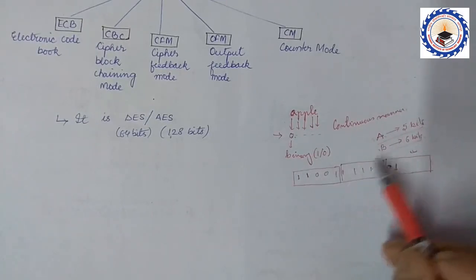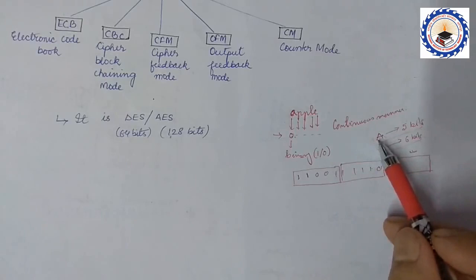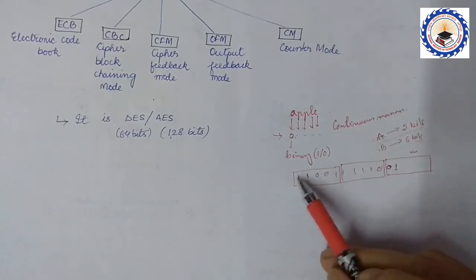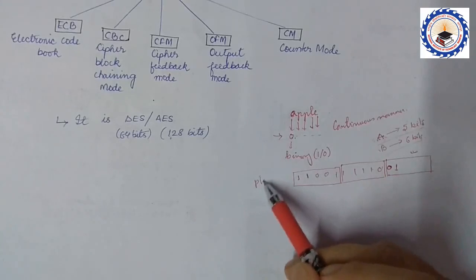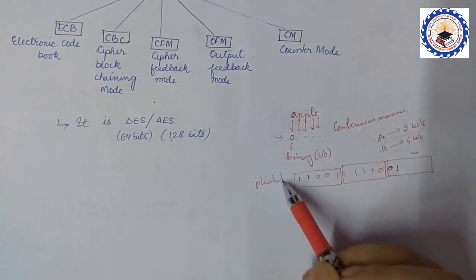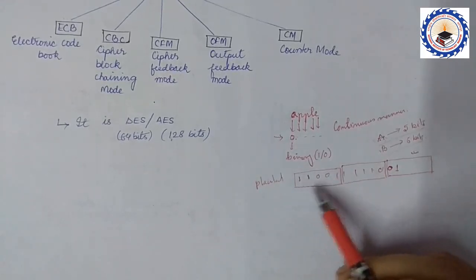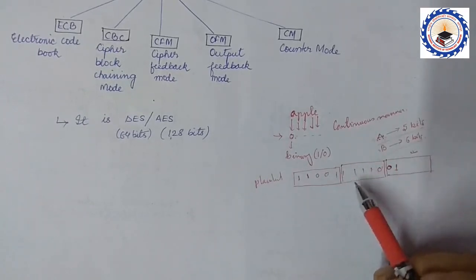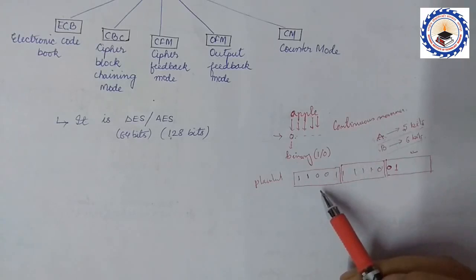So if you are using this block cipher algorithm A, maybe of any algorithm, I'm just taking an example, the block size is predefined. So we first take the given plain text. This is the given plain text. In this given plain text, you will be forming the blocks first, and then while performing the operations of encryption and decryption, you will